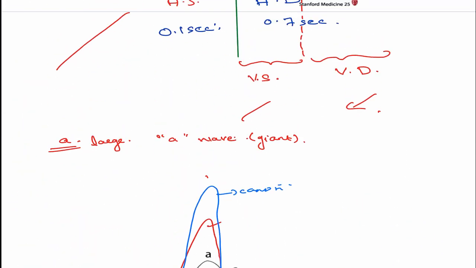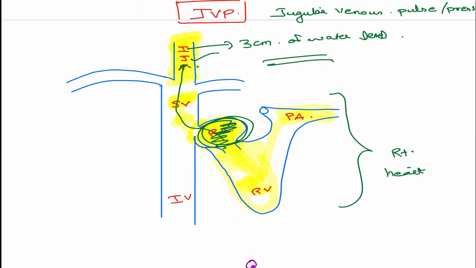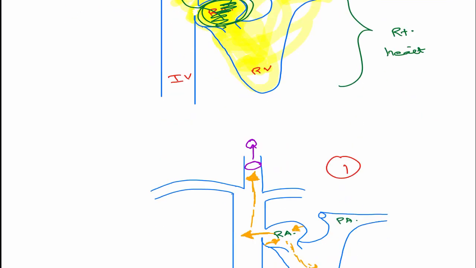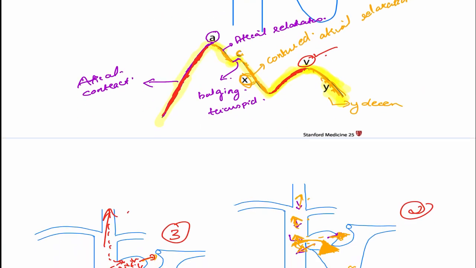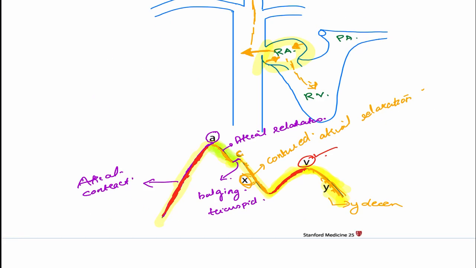Once again, a very quick recap of what we have studied. Starting with what JVP is and its significance, you can measure the pressure changes in the right heart, especially the right atrium, because there is no valve. First is right atrial contraction, where we get the A wave, and after that right atrial relaxation where we get the slight descent. Then there is ventricular contraction where the tricuspid valve is pushed into the atrium and this causes the C wave.